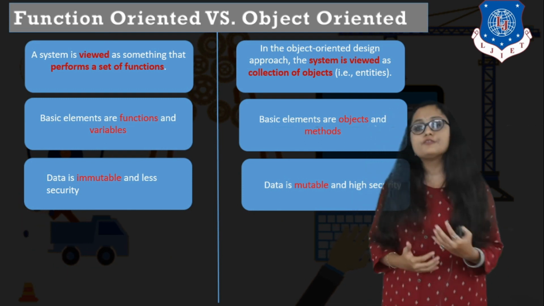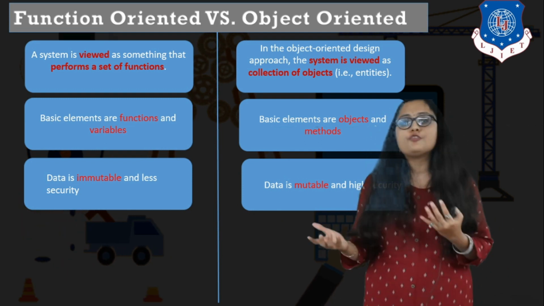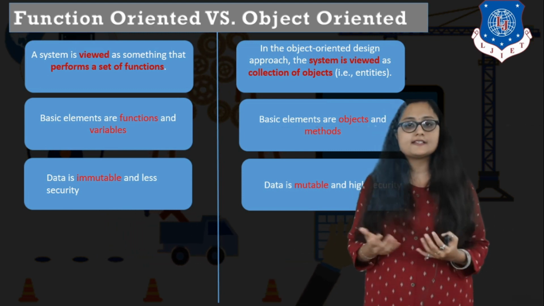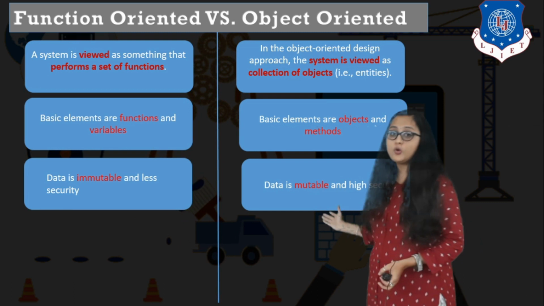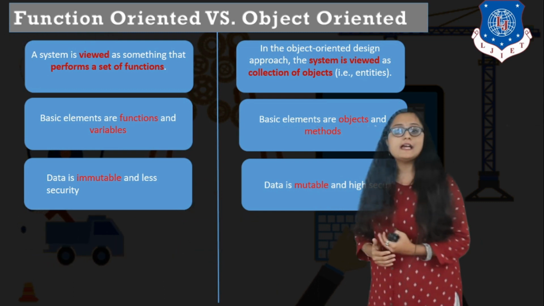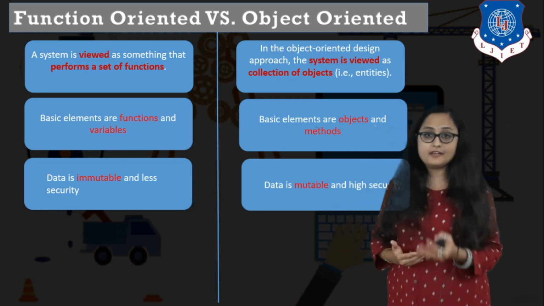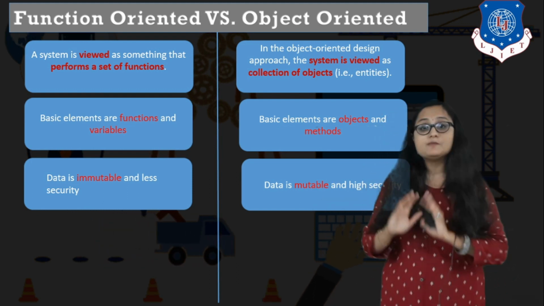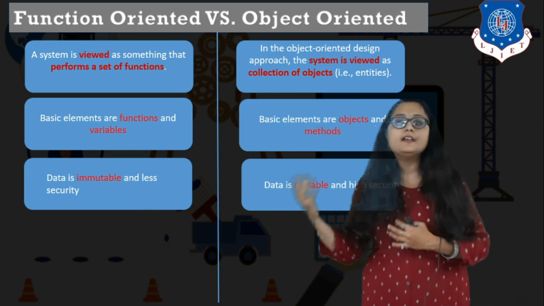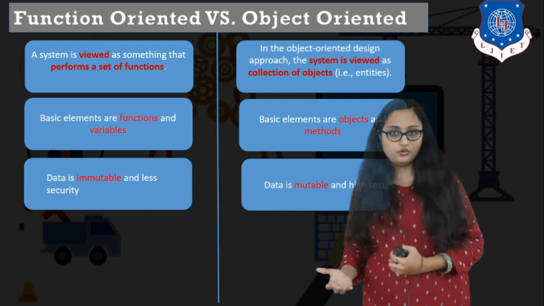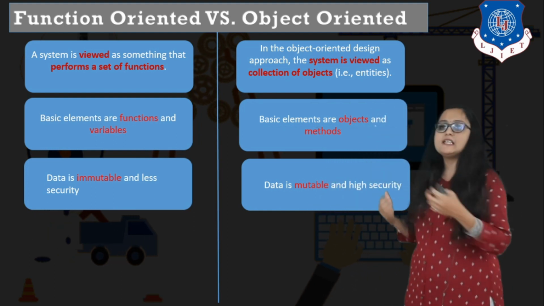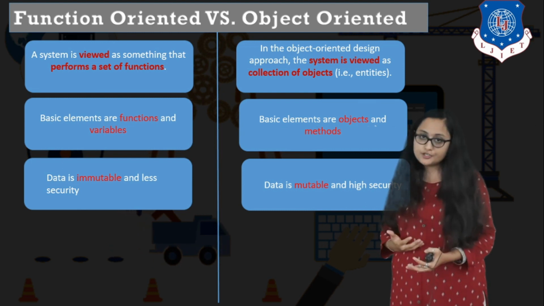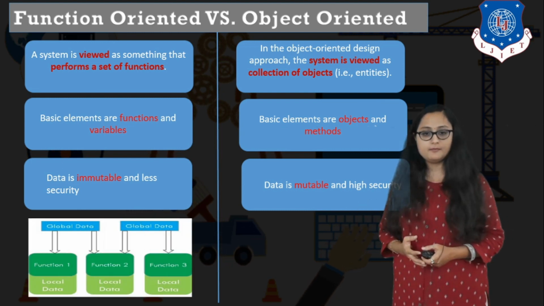The next thing is that data is not secure if you are following a function oriented approach. It is not following anything like security, right? Data is accessible everywhere, there are no access modifiers. Whereas if you are following object oriented methodology, there are access modifiers like public, private, protected. Also there is a concept of class, which is basically an encapsulated thing, so you are hiding the details from the outside world. That provides you the basic level of security. So if you are developing something that requires security, you may go for object oriented methodology.